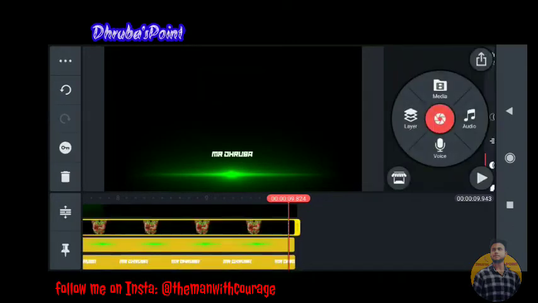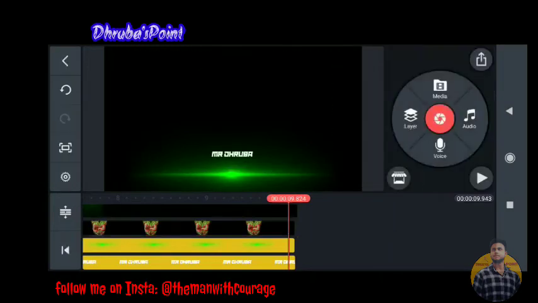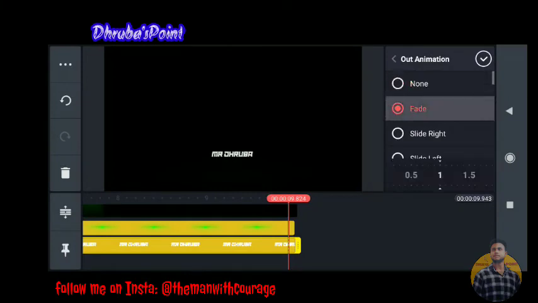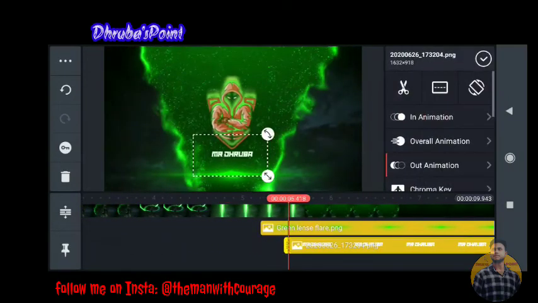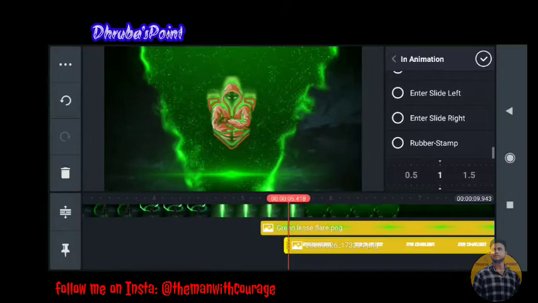Same process in this clip: go to out animation, make it fade up to 1 second. You have to add the animation in all 3 clips. Now go to this text option, make it enter, slide down, and make the duration up to 1 second.